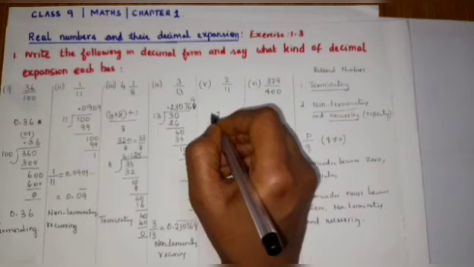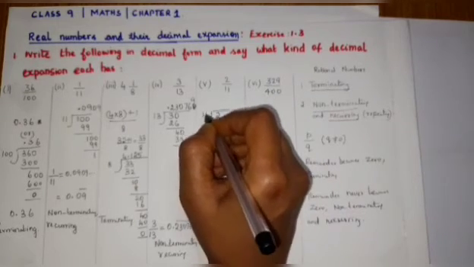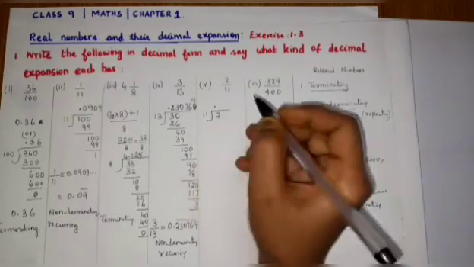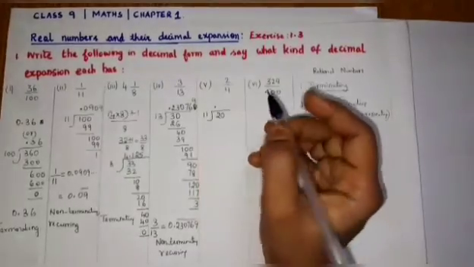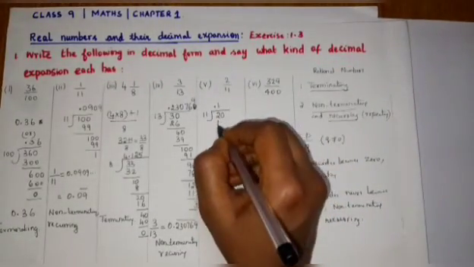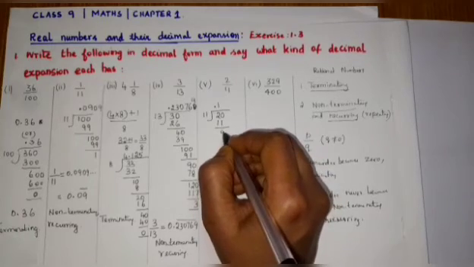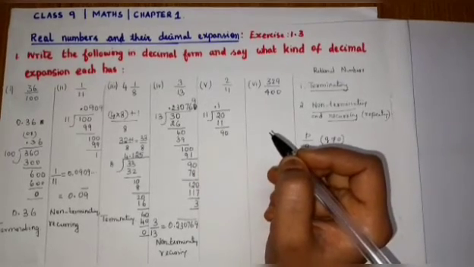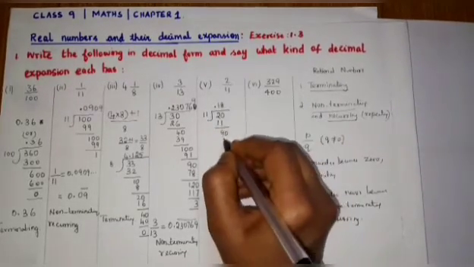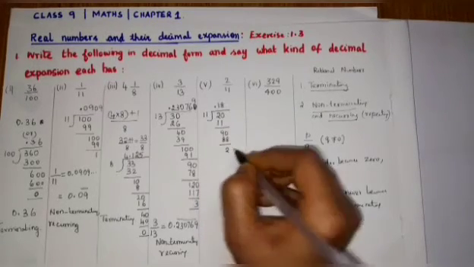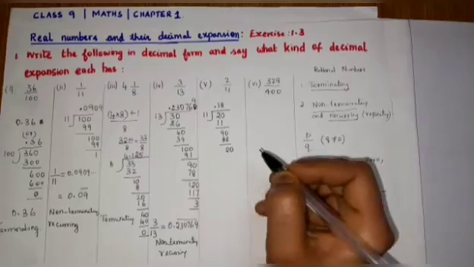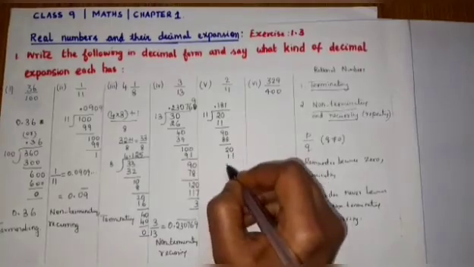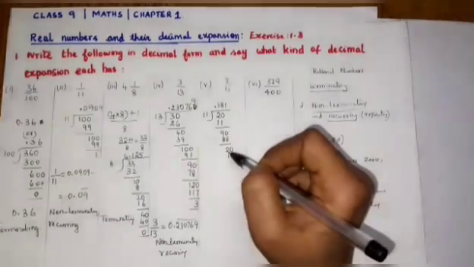So the number 2 you divide by 11. Since 2 is less than 11, you put a point in the quotient, you add 0 here. 1 11s are 11. If you subtract, you will get 9 as remainder. Then again add 0 to the right of the number. 8 11s are 88. If you subtract, you will get 2. Add 0 to the right of the number, 20. So 1 11s are 11. So here the same remainder 2.